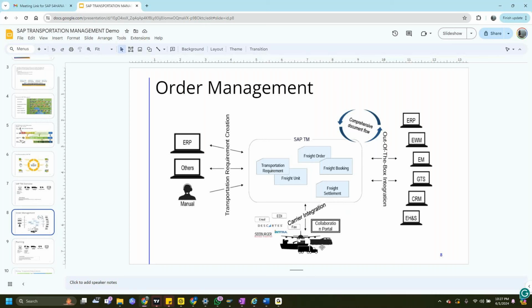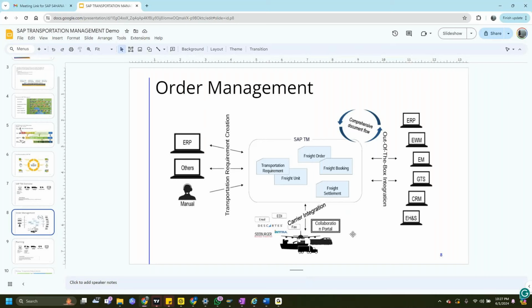Coming to that, we have other integrations which are not mentioned here, which I've been working on, like maps integration. As a transportation planner, I'm sitting in front of the system, and I have visibility into how much product is coming out of our manufacturing plants and how much I have to deliver.